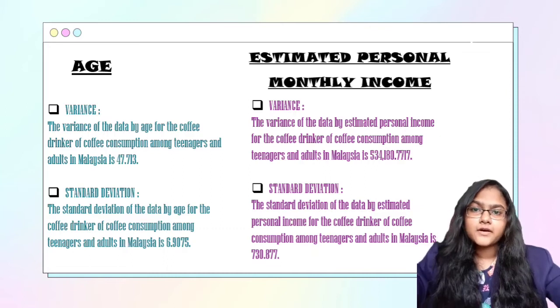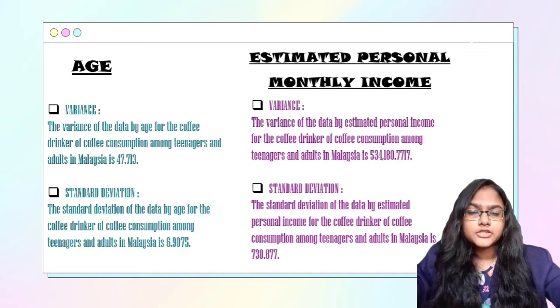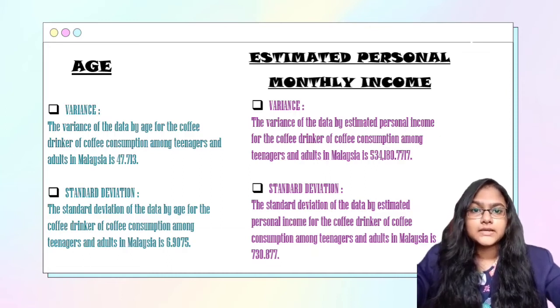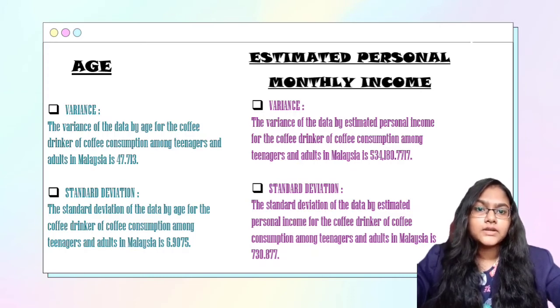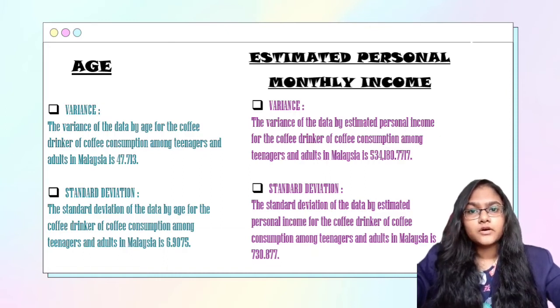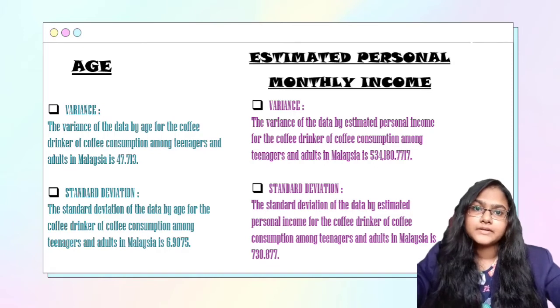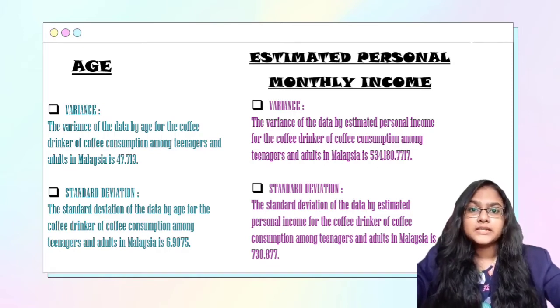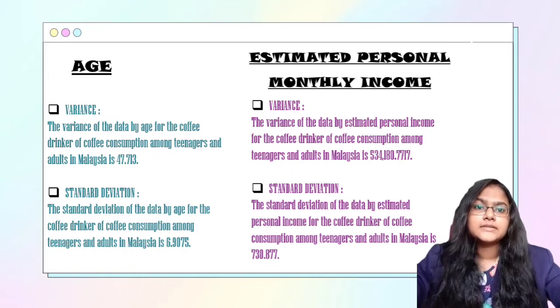The variance of the data by estimated personal income for the coffee drinker of coffee consumption among teenagers and adults in Malaysia is 534,180.7717, while the standard deviation of the data by estimated personal income for the coffee drinker of coffee consumption among teenagers and adults in Malaysia is